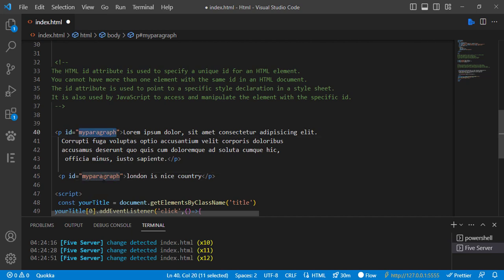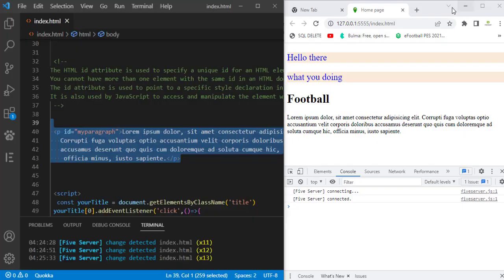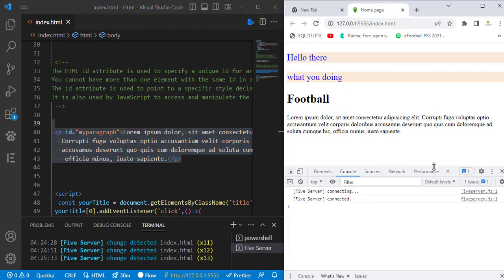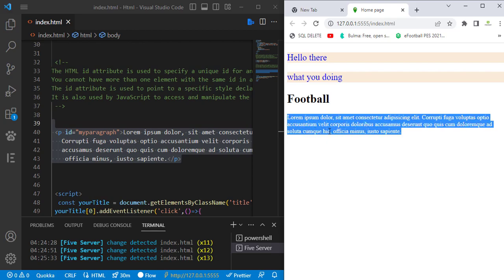Don't do it like this one. You could just have another name. Maybe you can just do for example, my paragraph 1. So you can't have the same ID for multiple elements. So I'm gonna get rid of this. Now we have this one. It's the same thing. If we go to browser, you can see that we have here our element, as you can see, which has a